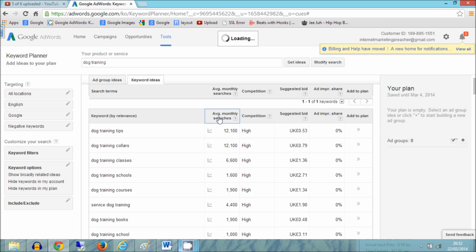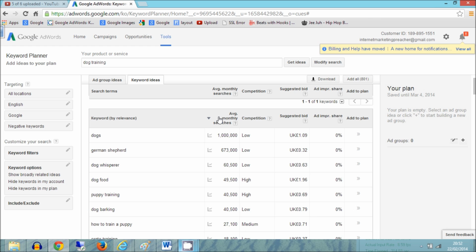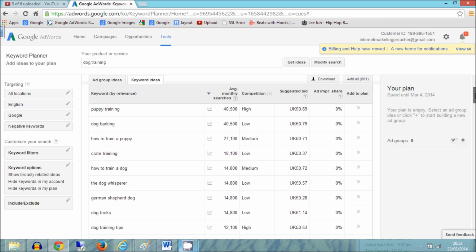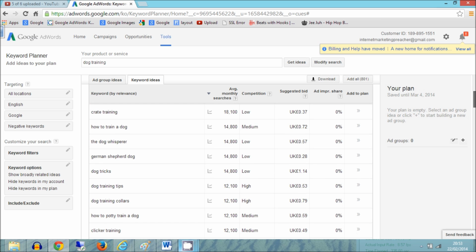If I click that, we can see here that one of the keywords is dogs, which has got 1 million searches, German Shepherd. Now none of these actually feature the keyword phrase dog training, but they're still related to dogs or dog training in a sense. So if we just scroll down the list here, we can see by search volume the most searched terms here. So how to train a dog, 14,800 times a month, German Shepherd dog, 14,800, dog tricks, 14,800 a month,